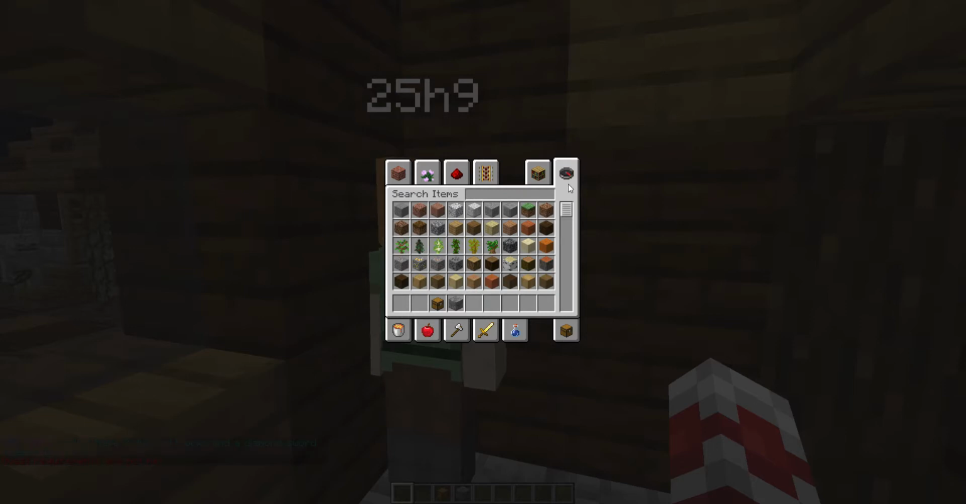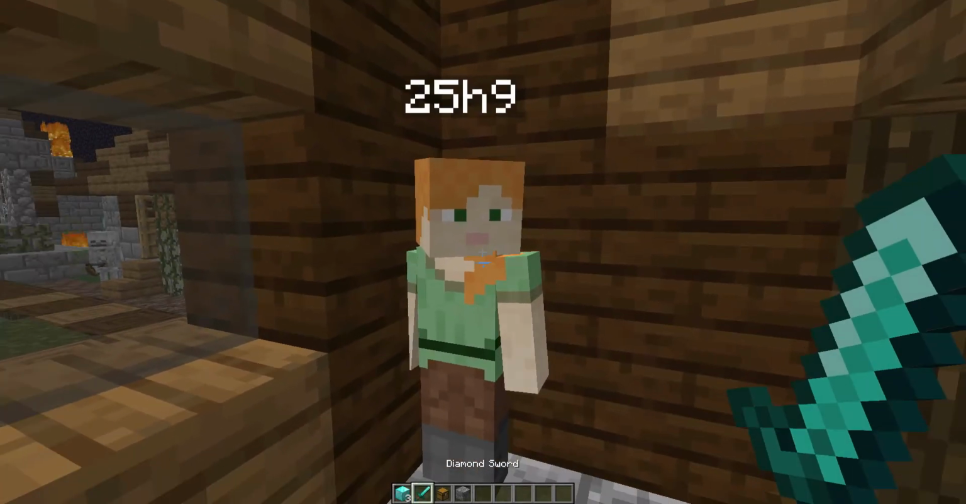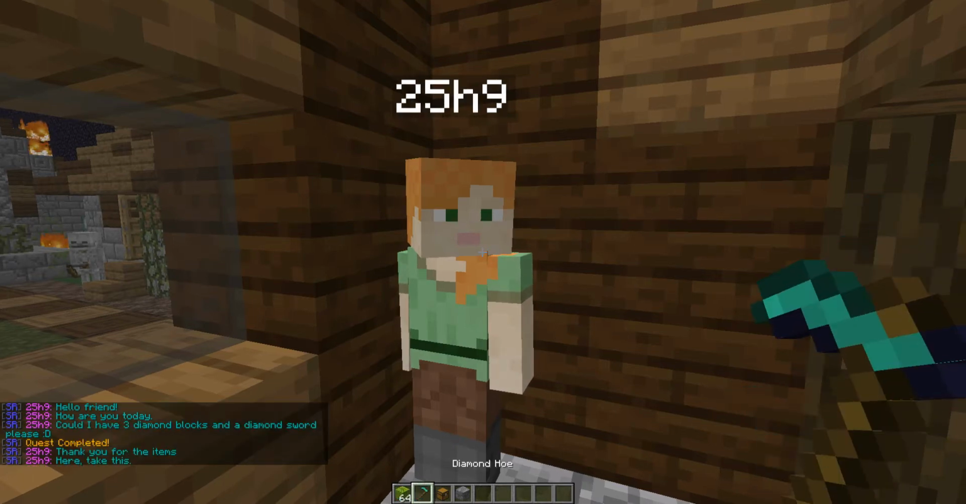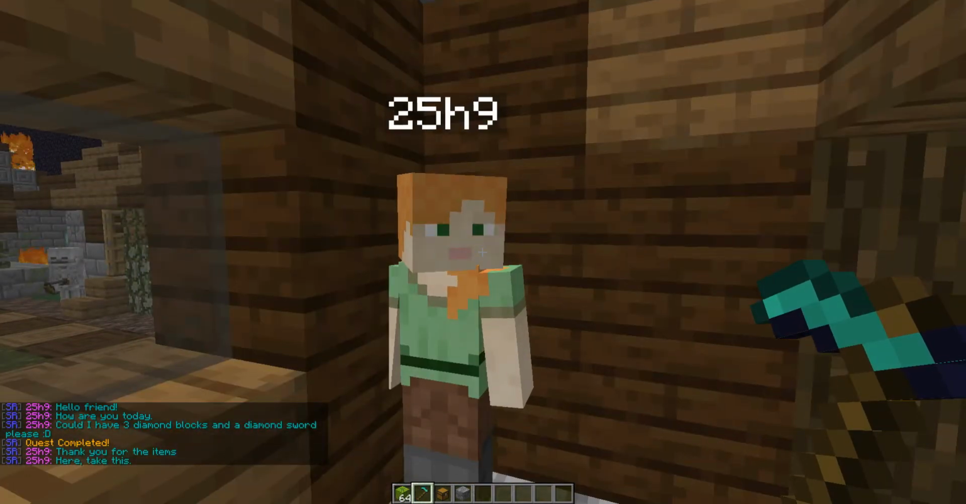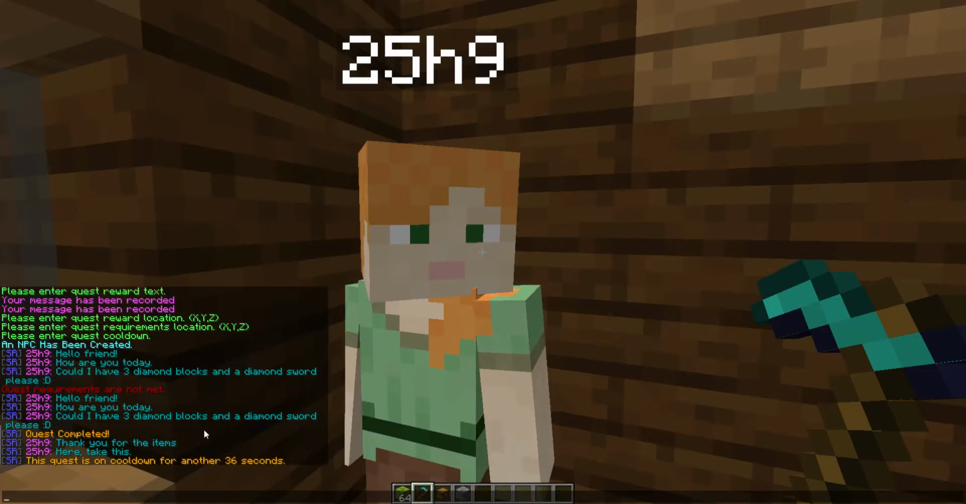So let's get the items. And if we try and do it again, boom, we get the reward. It says quest completed, thank you, take this, and now if you right click him it says the quest is on cooldown. Some things to note,